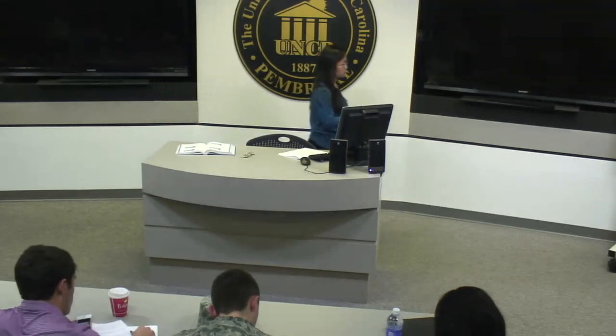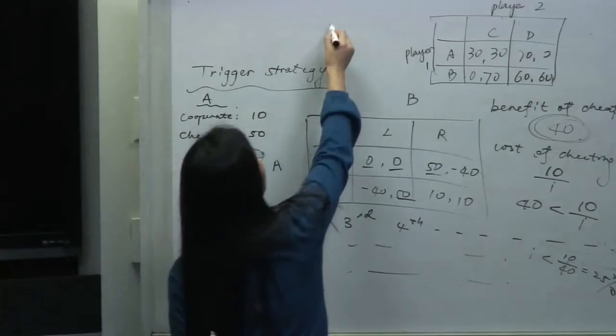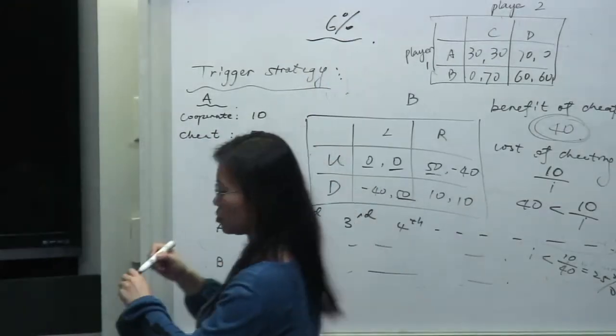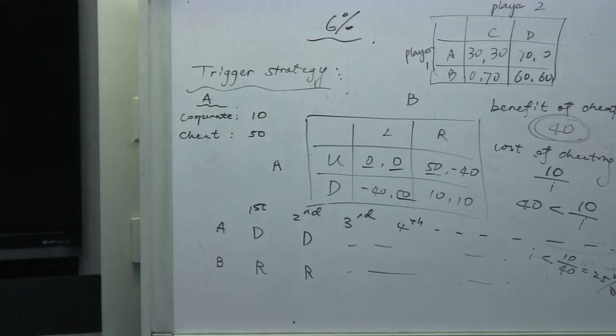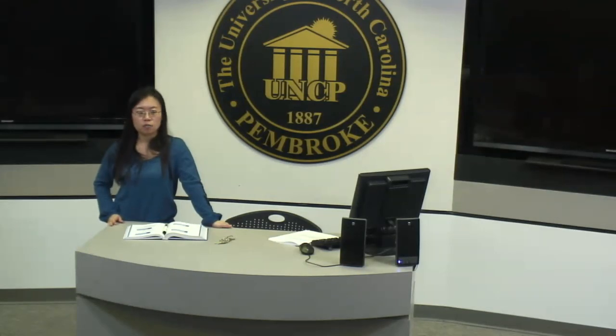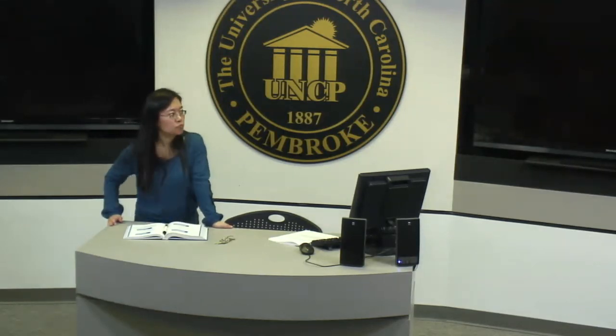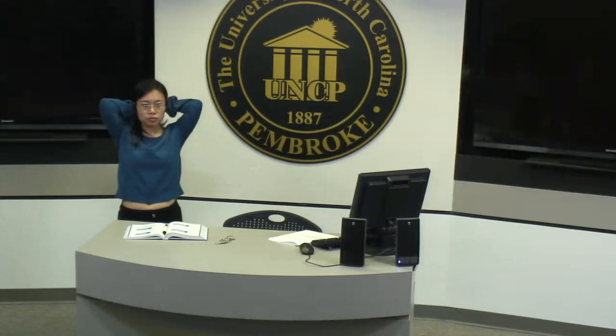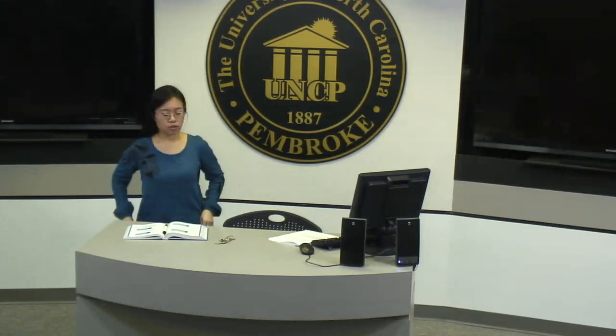Follow the procedure there. Figure out the cost of the cheating, figure out the benefit of cheating, then compare the two. You're going to use the interest rate to figure out the cost of cheating. It should not be hard to do. Okay, first, what is the benefit of the cheating? Brandon, the benefit of the cheating?